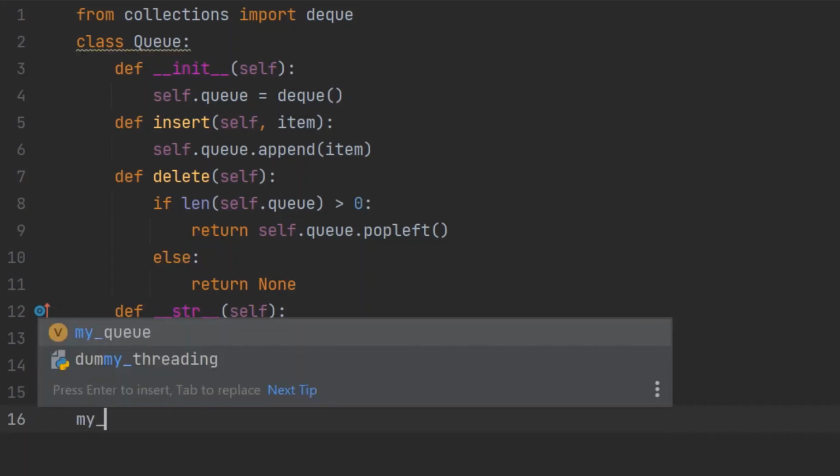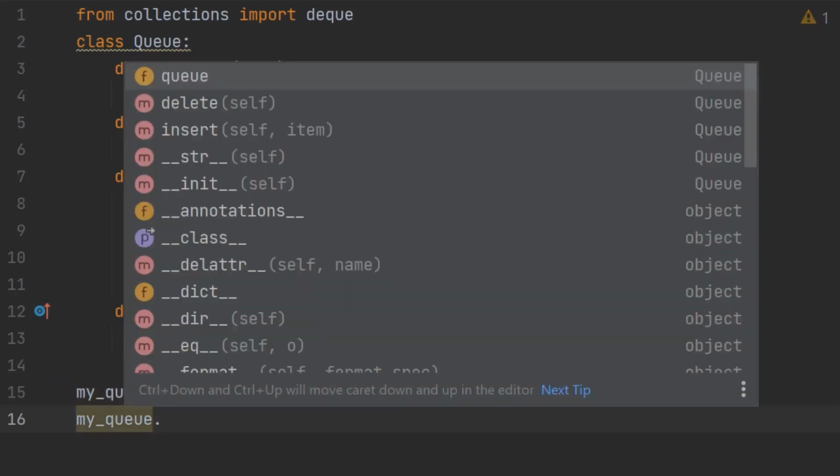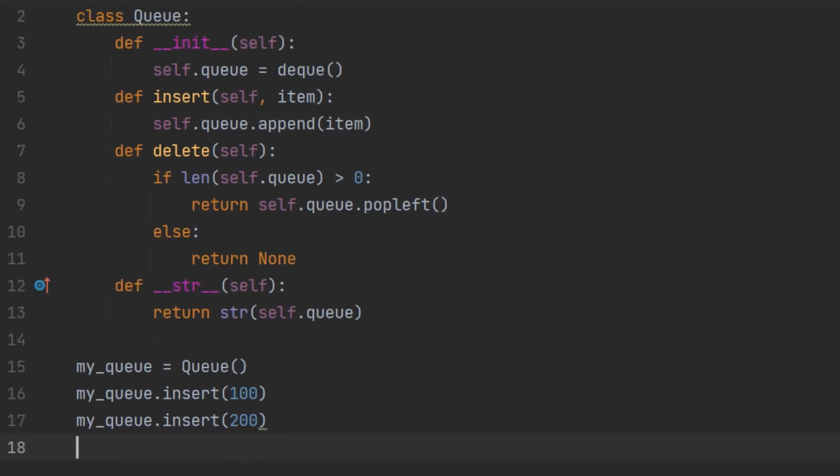So I just type my queue, and this time I'm going to start with insert function, where I'm going to pass in a value to insert into the queue. So I call the insert function, I'm passing 100 as the value. So this is going to be inserted into the queue. Let me copy this and I'm going to paste it in the next couple of lines to add some more values. So I just replace this 100 to 200. So 200 will be my second element which will be inserted into the queue.